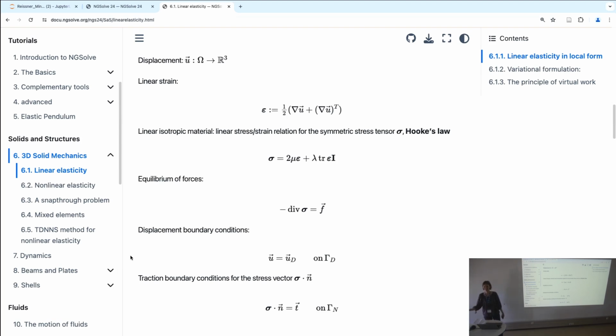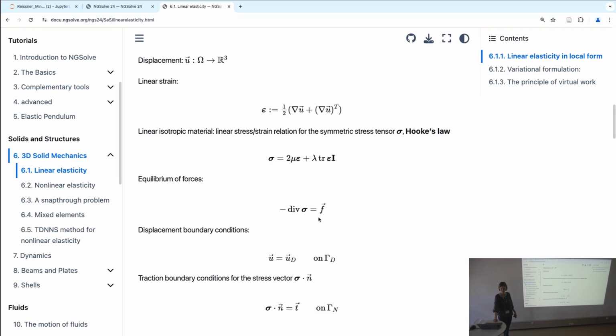Okay, in elasticity, we are usually concerned with finding the displacement field. Displacement field here, vector valued u. And we do so by, in this linear elasticity example, we say we have the linear strain tensor, which somehow tells us how much the body is deformed. We have the stress tensor, which tells us which forces are acting locally in each point, in each direction in the body. Then we have an equilibrium equation, which tells us that the divergence of the stress tensor, which is